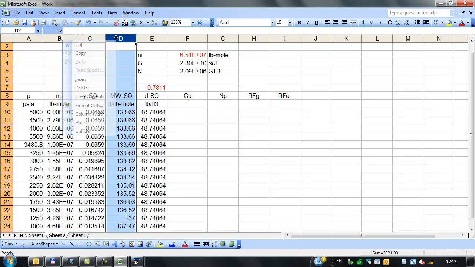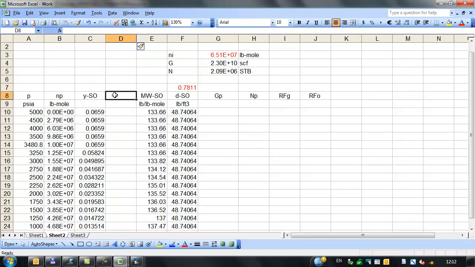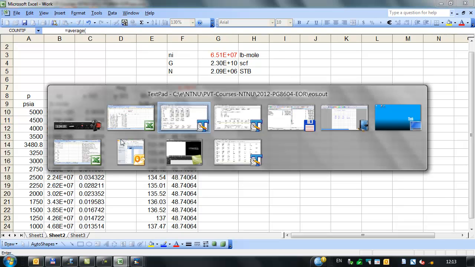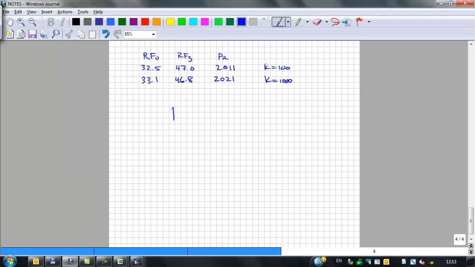And so what I'm going to do is create an extra column here where I actually calculate an average mole fraction over the period. Okay? Insert. So this is going to be YSO average. Okay? And that'll be average. See, the way this is, just to sketch it, basically the CVD, the continuous change in basically YSO is like that from the simulator if you looked at the time steps there. And what this is going to do is that when it reaches the dew point, let's say it reached the dew point on a time step there, then it should be giving